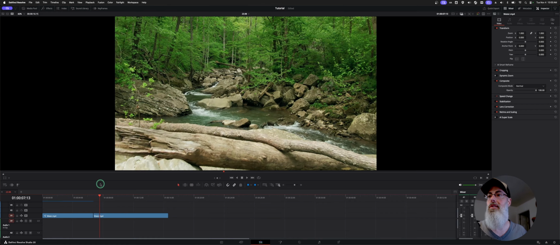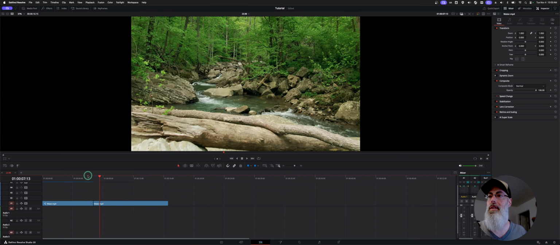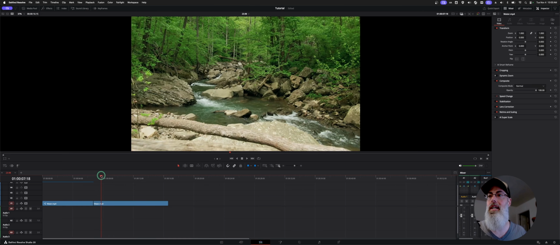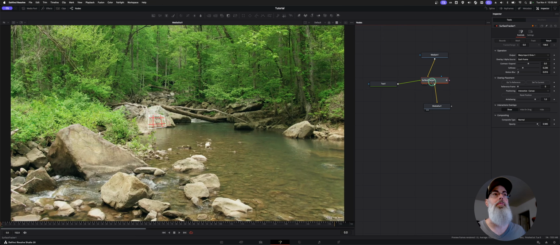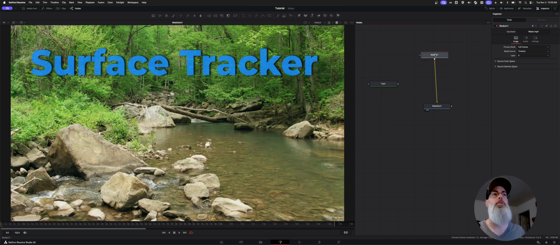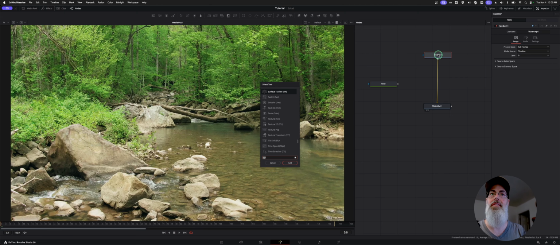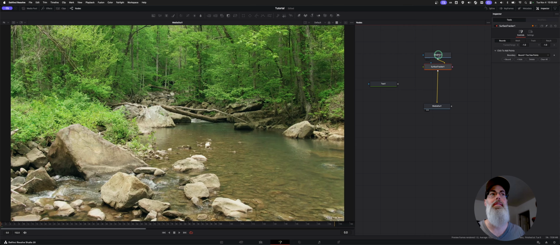So I have a long clip here. I cut it down a little bit once the rock clears the camera so we don't have to track as far. So I'm going to select this first clip here, go to the start of the shot and jump into Fusion. I'm going to go ahead and reset this. We're going to choose Media In, Shift Space, and I'm going to type in Surface Tracker, and that'll add it